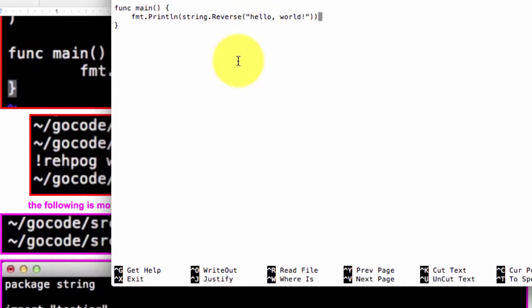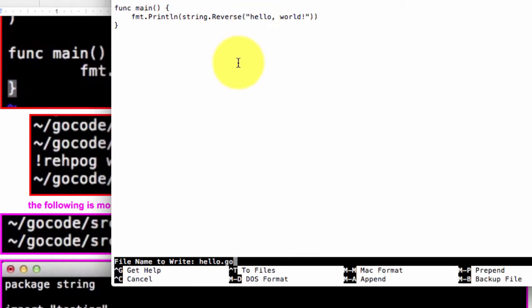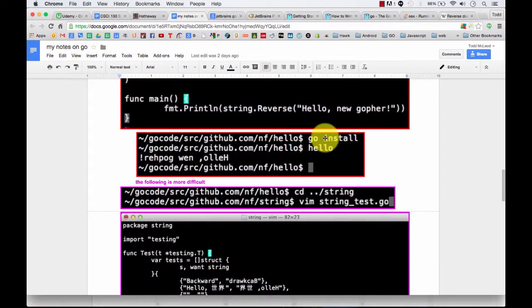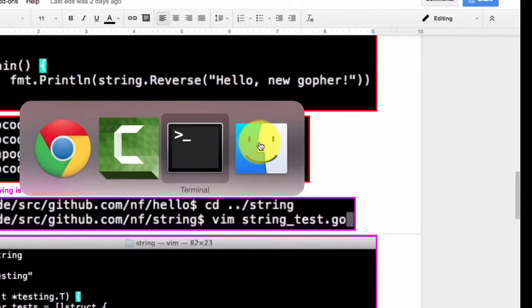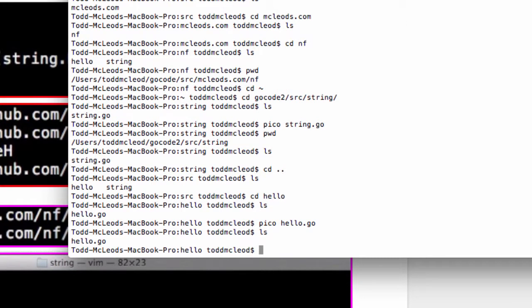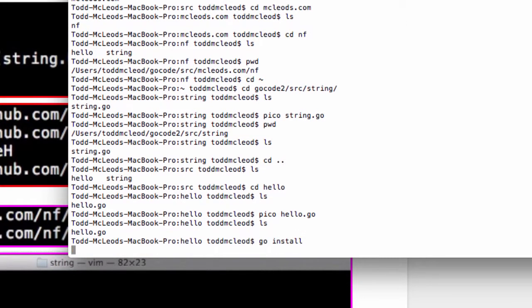All right, so I'm going to exit this now. Hopefully my code's correct. I'm going to click save and save it to hello Go. Yeah, that's what I want to do. And so now I'm going to rebuild my binary, and then I'm going to run my binary. So I'm going to come back here to my terminal, and where am I right now? I see that hello Go file, so I'm going to do go install, and it should have just rebuilt that